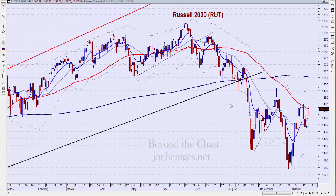Okay, so let's start off here with the Russell 2000. On a daily basis, the Russell 2000 was basically unchanged, down 0.46. So you can see a doji bar in here for Friday. And the movement for the whole week, we'll look at that in a minute, but we're fighting this downward trending